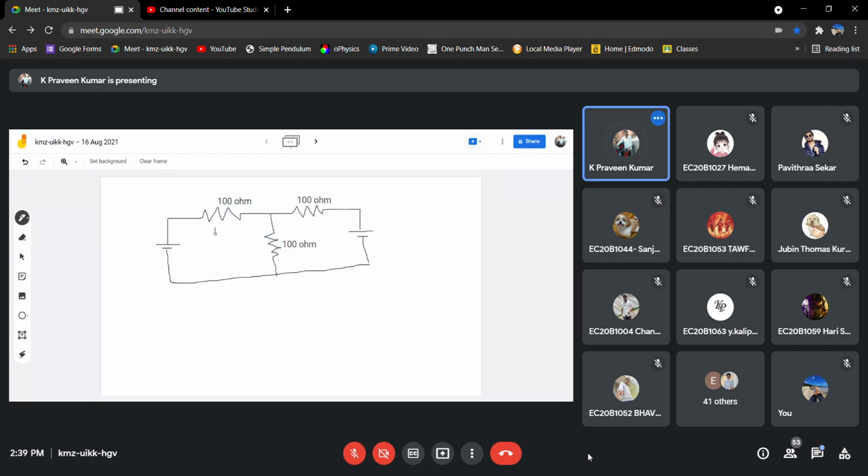Let us say this is R1, R2 and R3. Let us say this source is 1 volt, and this source is also 1 volt.